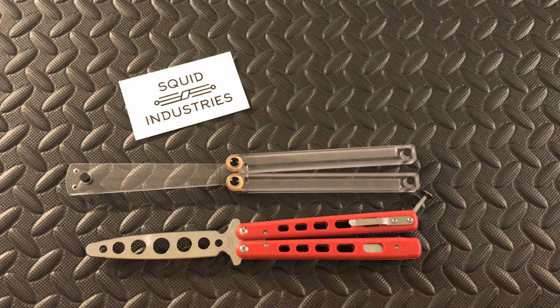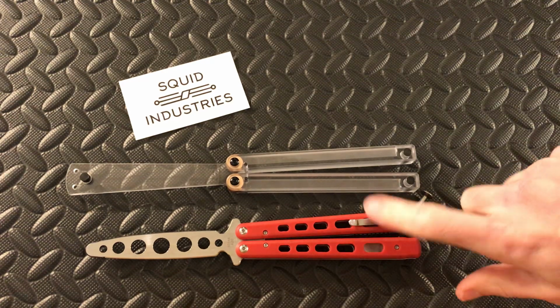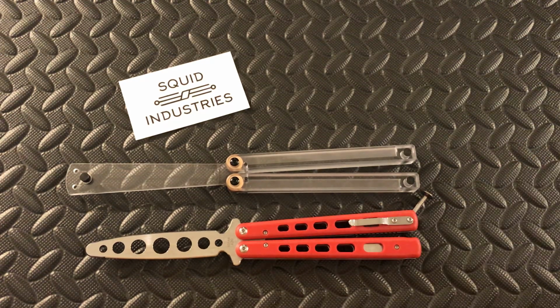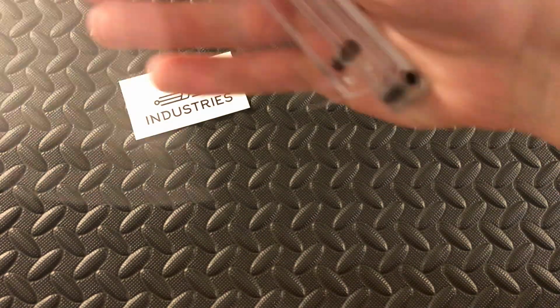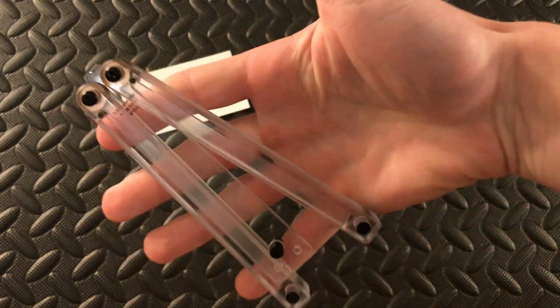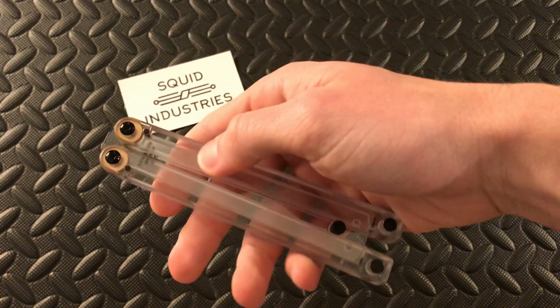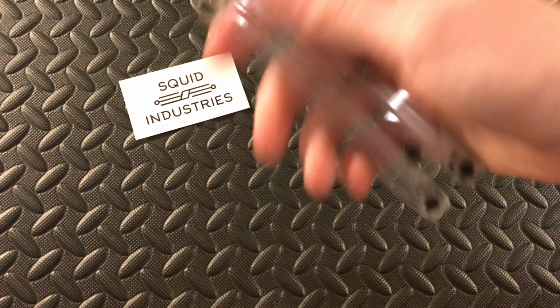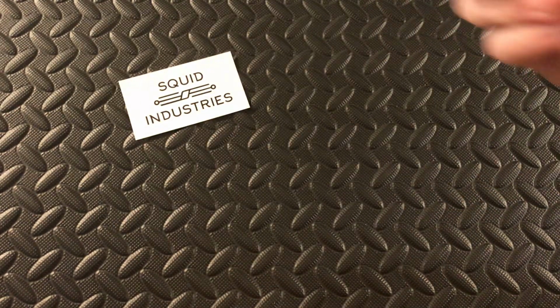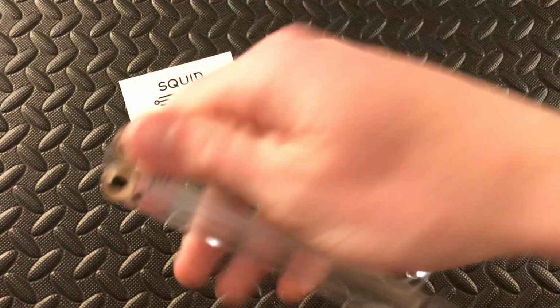I'll be doing a full review on that in comparison. I also have the live blade version that was recently released, made in the USA, of course. But getting back to the Squiddy C, I mean, what more is there to say? It's a Squiddy C for clear, of course. Absolutely love it. Now the weight, because it is 2.24 ounces, according to Blade HQ, obviously mine was a little